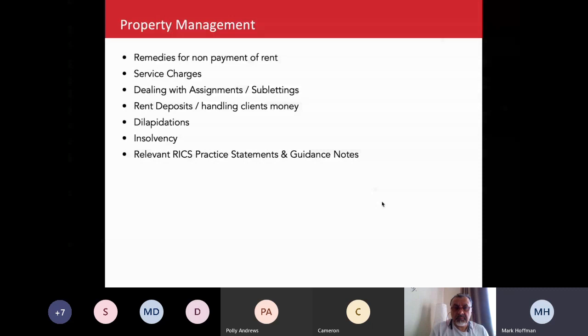For the property managers amongst you, some of this might seem quite basic, quite simplistic, and apologies for that. But what I'm trying to do is pick out the most relevant information from this competency, and give you some guidance on what we as the assessors commonly would ask questions on. Okay, so the first thing I want to talk about is